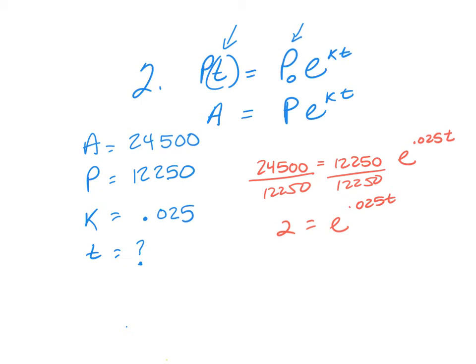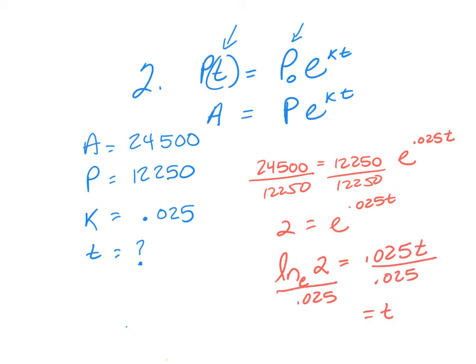It's in the exponent. When the variable's in the exponent, what do we need to use? Logarithm. There's an e involved. What kind of logarithm do we have to use? ln or log? Oh, ln, because it's a natural logarithm. It's an e base. So I put ln of 2 equals 0.025t. So the time is